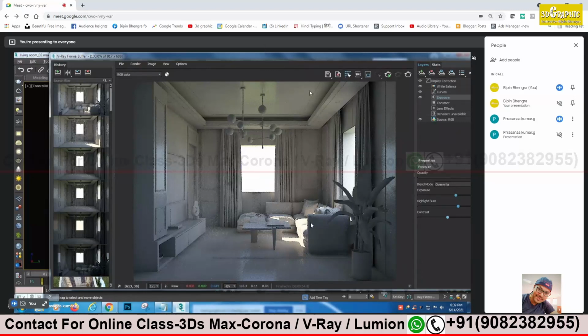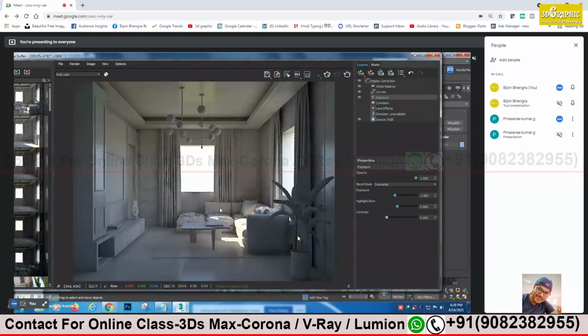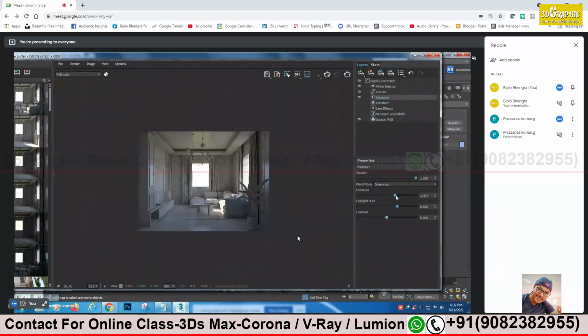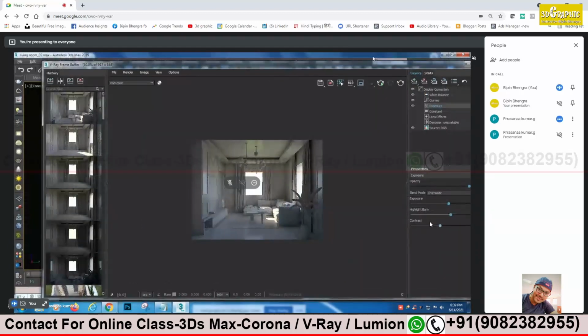Now see, this output is okay for you. This output is okay, but I think exposure is too much on the sofa. Can you zoom on the sofa? See, the exposure is too much now. That needs to be reduced. Do you mean the intensity of the sun or this one? Intensity will be reduced, the exposure increased. Whatever it was, just bring it back. Try to control the light burn. Can you reduce the light burn?